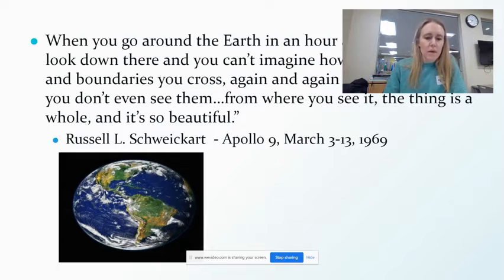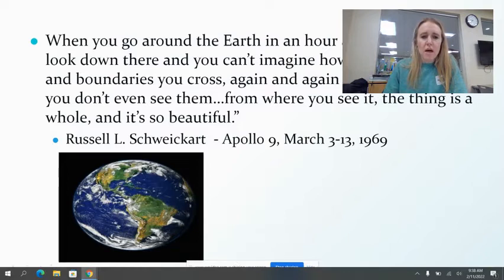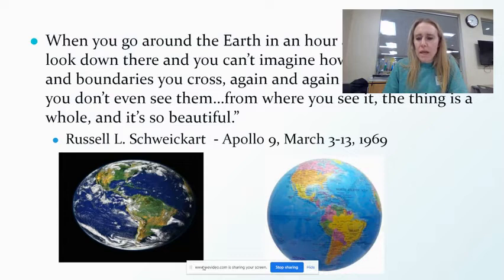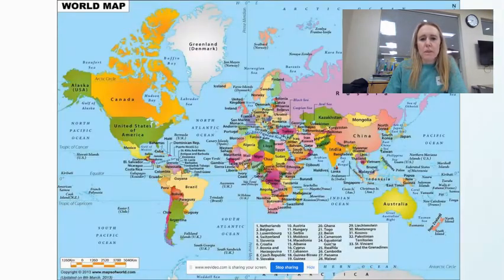And so when we look at the globe from outer space, we don't see all these lines and boundaries and governments and political boundaries and countries that we think about when we think about the globe. We just see the land masses, the oceans, the landforms. But when we get a globe, when we see our first globe in class, maybe in elementary school or wherever, this is a lot more common view of the Earth that we see. We see countries that are different colors, represented by boundaries and labels on a map. And this is what we're really used to. And so political geography is all going to be about the ways in which we politically organize our space.